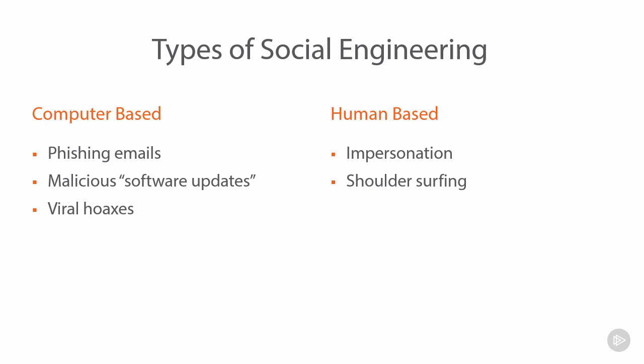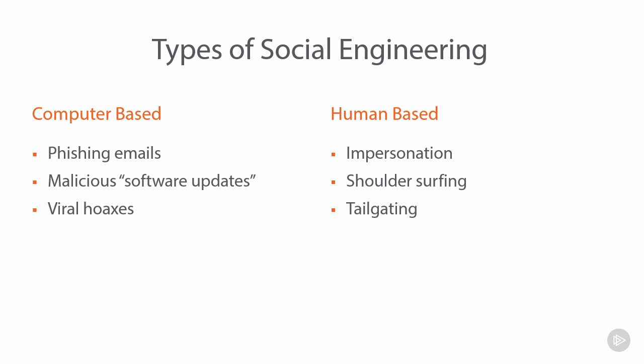Shoulder surfing is another good example. So this is where the quote-unquote attacker is looking over the shoulder of the victim. So they might be observing the password that the victim is typing into their machine. This is social. They are still there face-to-face or face-to-back, as it may be. But the point is, it's something that happens in person.